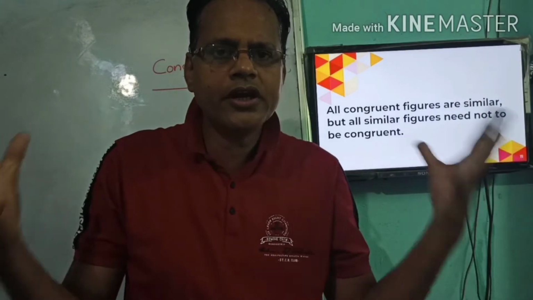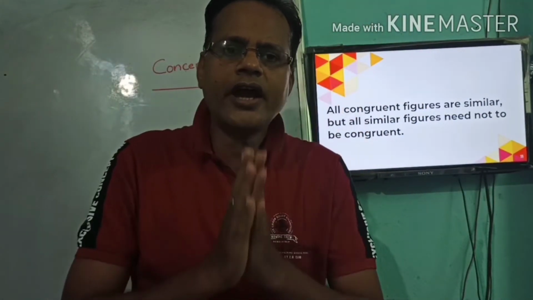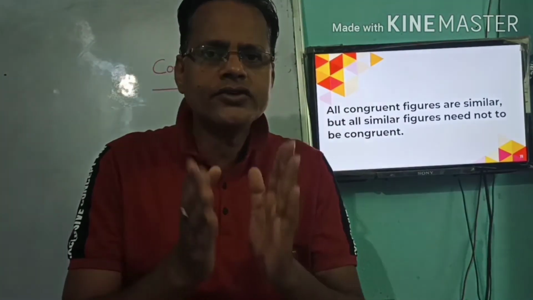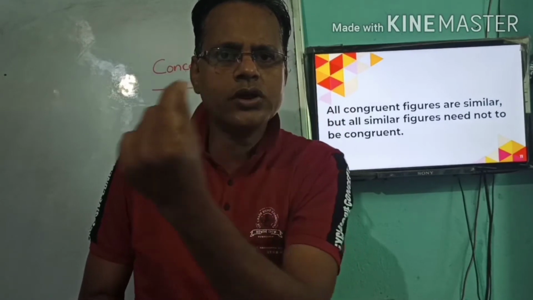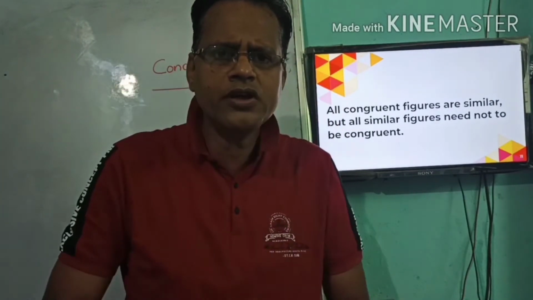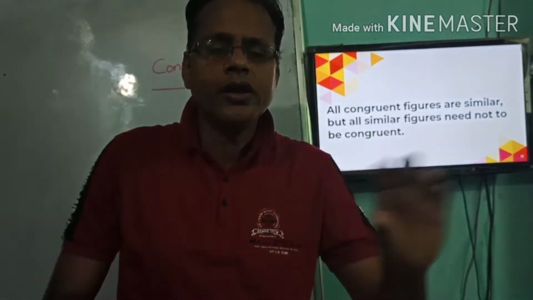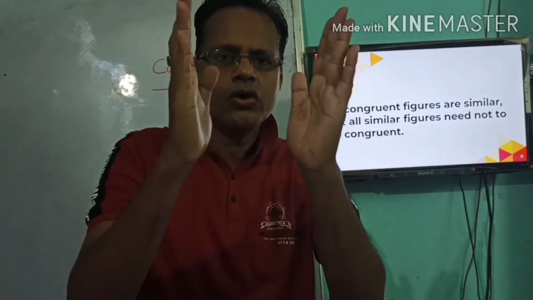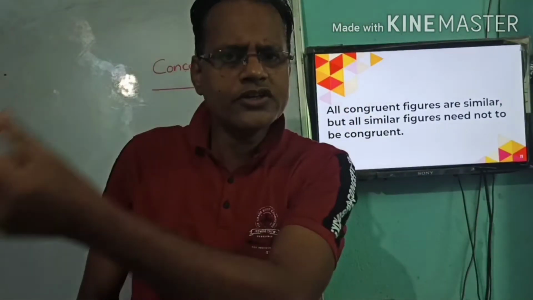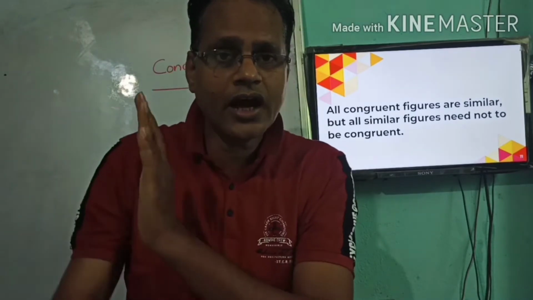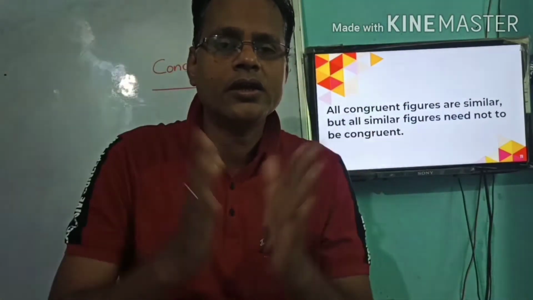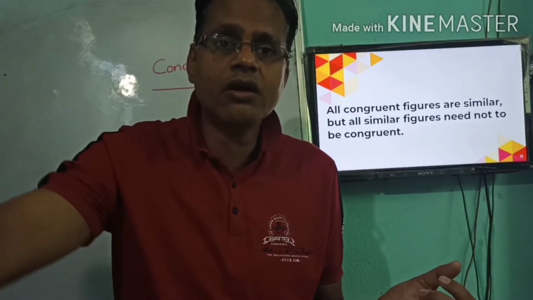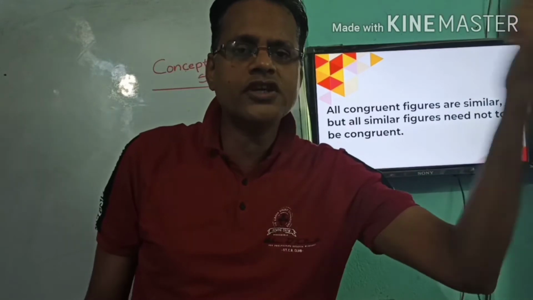How? Let me take you to the arithmetic. Natural numbers start from 1, 2, 3, 4 up to infinity, whereas whole numbers start from 0, 1, 2, 3, 4 up to infinity. Now what you are observing here, the set of natural numbers is completely inside the whole numbers. Is that clear? We are telling that all natural numbers are whole numbers, but not that all whole numbers are natural numbers. Why? Because a whole number has an extra number with it, that is 0, which is not present in natural numbers.